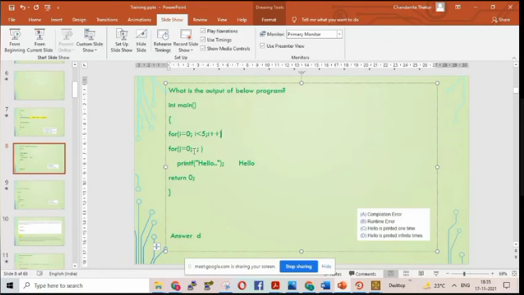This is again true, j equals 0 and this is true, so hello will be printed. Similarly, i will become 2. Hello will be printed 4 times. Next, when i equals 5, this loop will terminate, control will not enter inside and no more hello is printed.